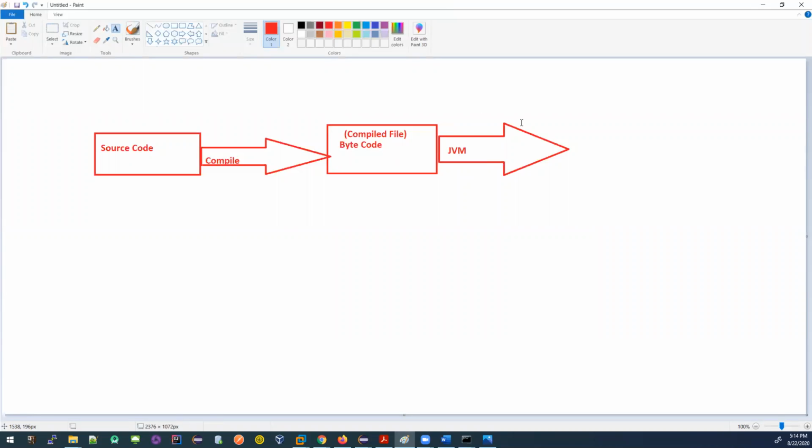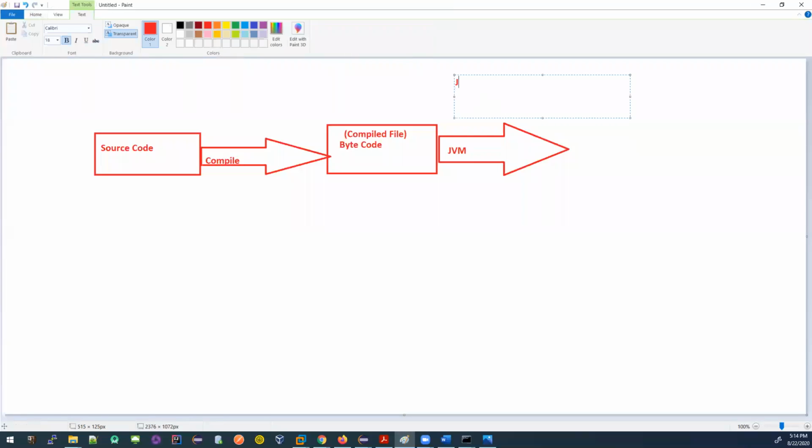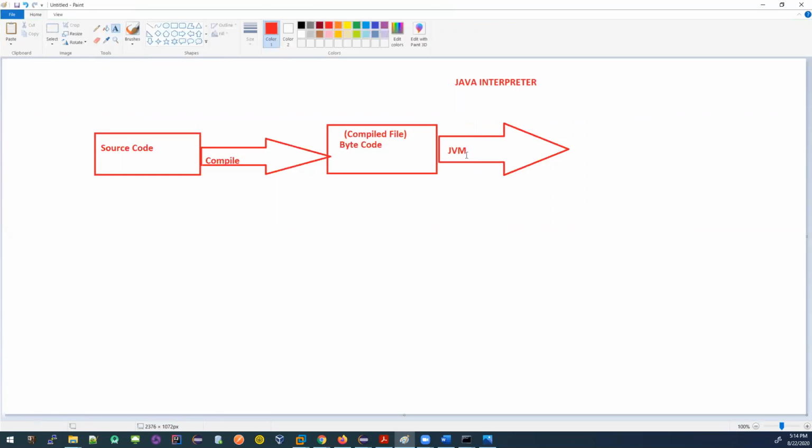And when it does the execution of this bytecode, the Java interpreter comes into the picture. So the Java virtual machine can do so many things. It understands the bytecode, and when you want to execute your code, it will load the code in memory. It will allocate some memory for the instance.